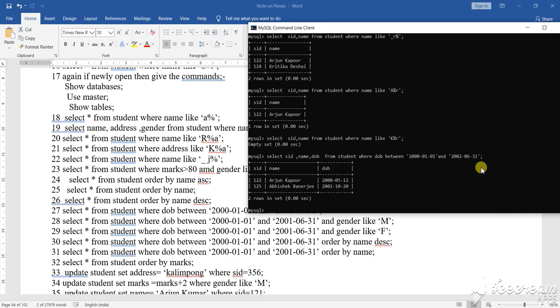So between this range, this is the range that has been taken: from the 2001st year, then month, then the date. Okay, so another one you see with between.